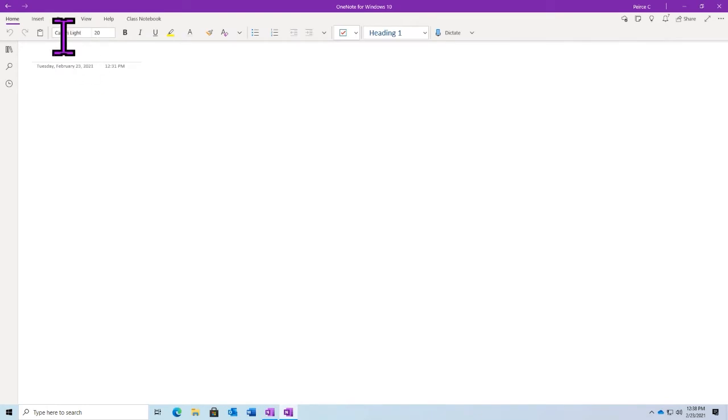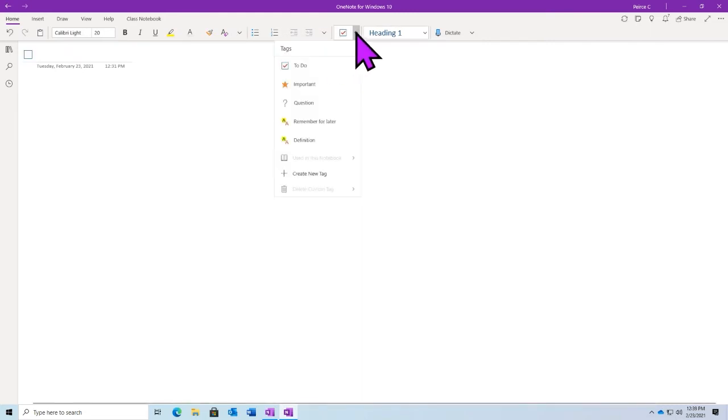One thing I do want to double check here, in the Windows 10 version, if you would like to create tags, we can select the drop-down menu here, and we'll be able to add in those tags here. I forgot to mention that a little bit earlier, but you can still create tags in the Windows 10 version. It'll be on your home page in a drop-down menu here. You can even create new tags or custom tags as well. If you'd like to view a list of all of the ones that are used in this notebook, we can select that used in this notebook option here, and that will give us our summary list.